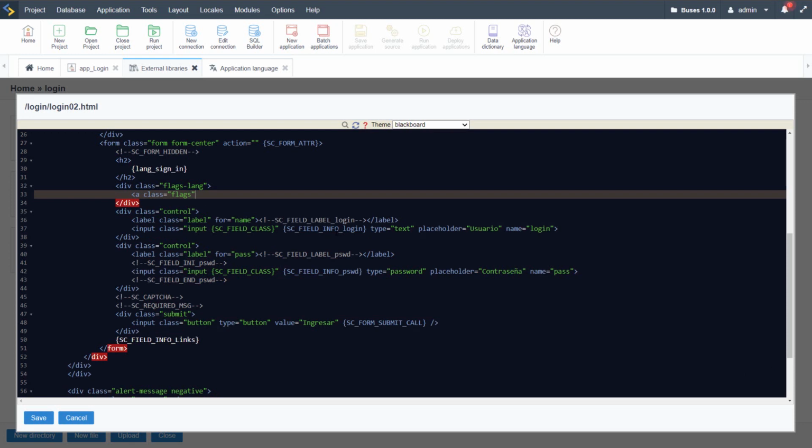Okay, and then we add a href equals, and then we want double dot score app underscore login. It's actually uppercase here, sorry. App underscore login / index dot php, and then we will add a question mark, and we go lang equals